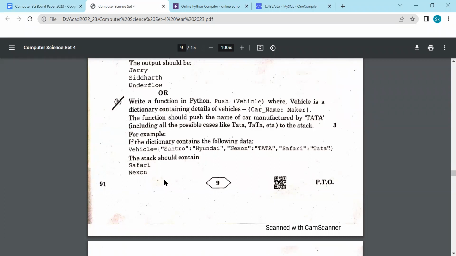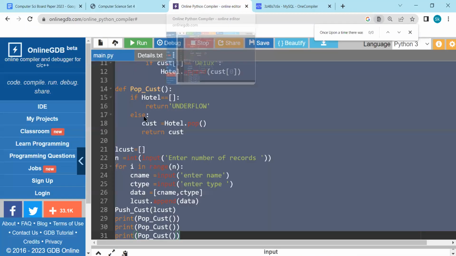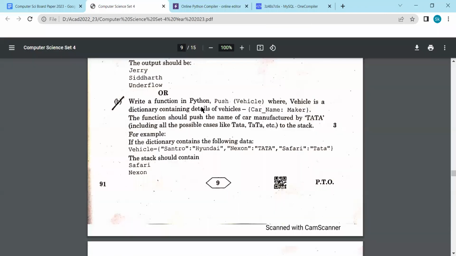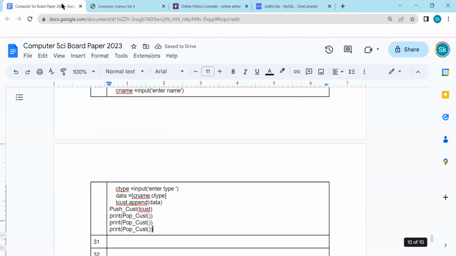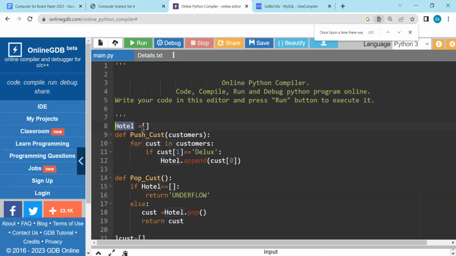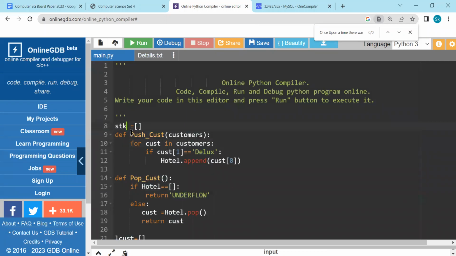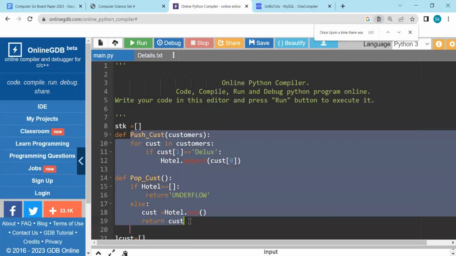Right, so here the vehicle itself is a dictionary. What we can do is, and any other information about the stack. They have not given a particular name for a stack, so we are free to take the name of the stack, which is, let's see, stk. So we have a function here,